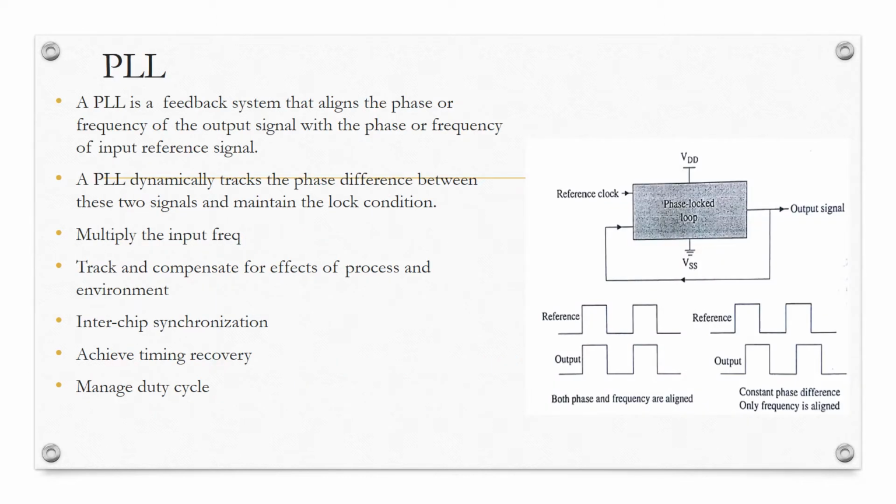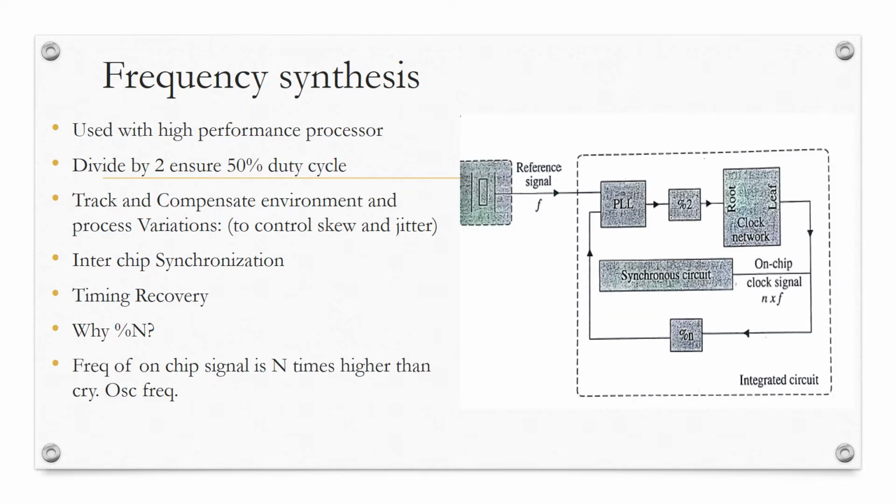And this is the output signal. This output signal is coming from the VCO, and the reference signal is coming from outside the chip. So to get the locking condition, these two signals are always compared using a phase frequency detector. An error is generated and converted into a DC voltage, and that DC voltage is used to control the on-chip voltage controlled oscillator. So this is how it works.